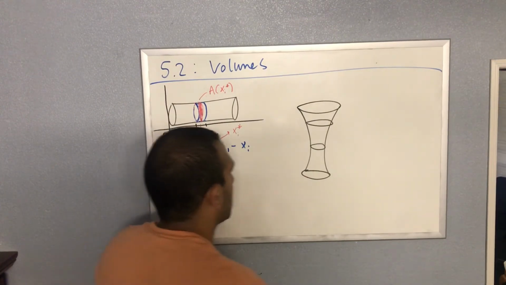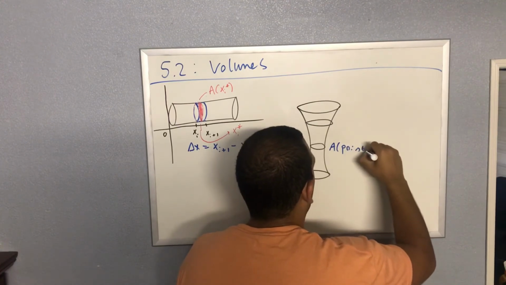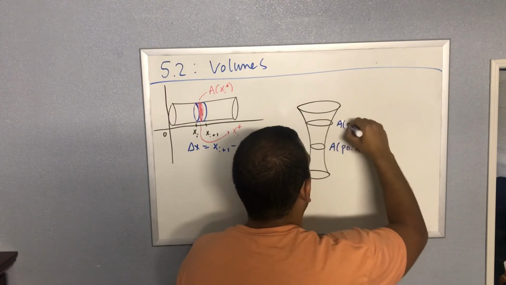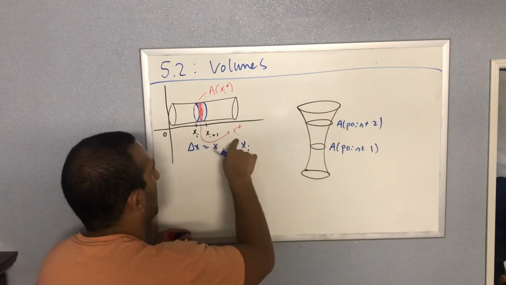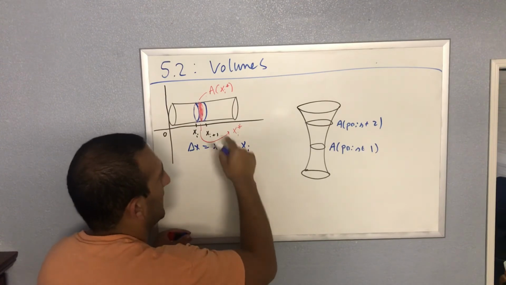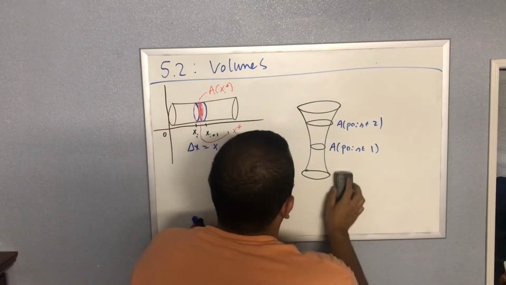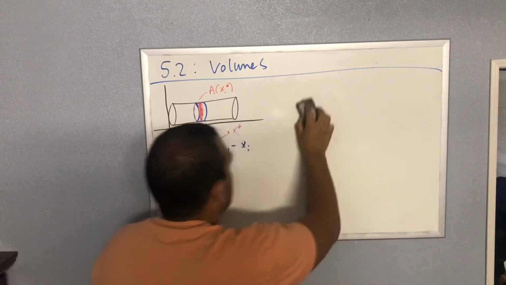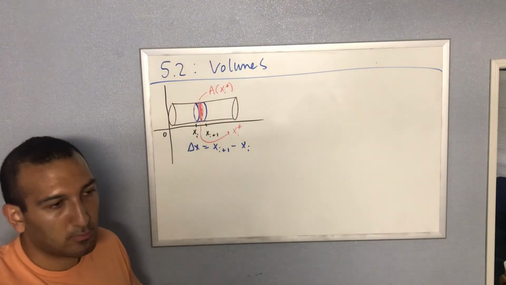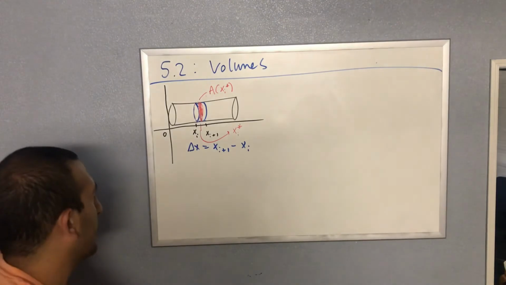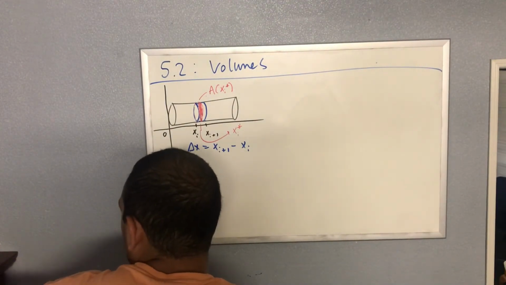And so that's where, saying this is the area at some point, let's say like 0.1 versus the area at 0.2. I mean, x1 star, xi star. These are different. So you want to be able to, in general, say that the area changes. In this case, this is nice, the area doesn't change, but we'll still use this notation to be as general as possible. Okay. And so, what is the idea here